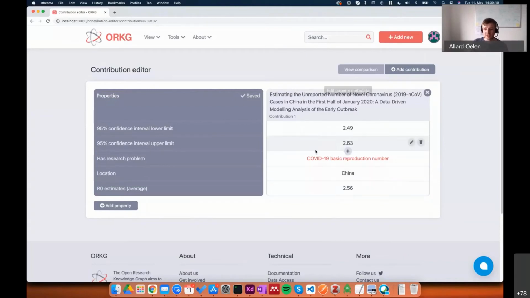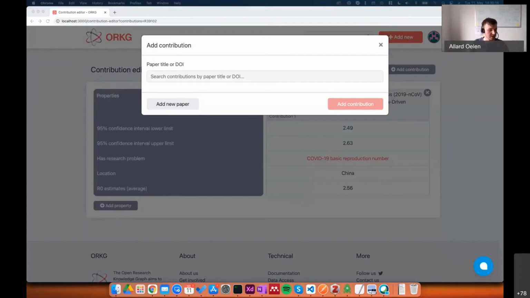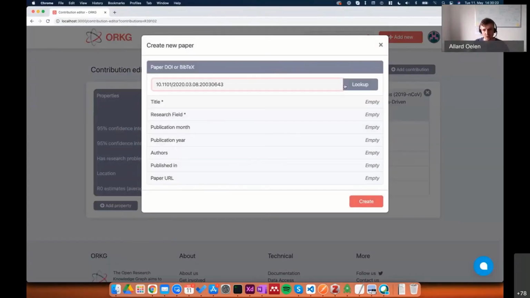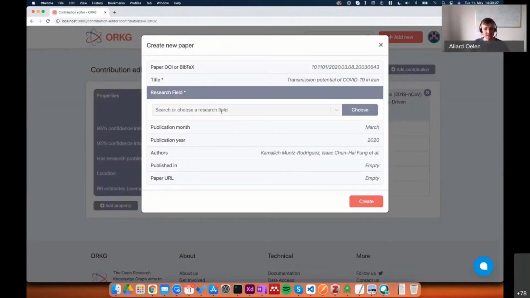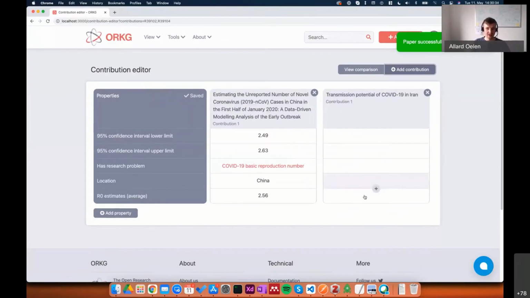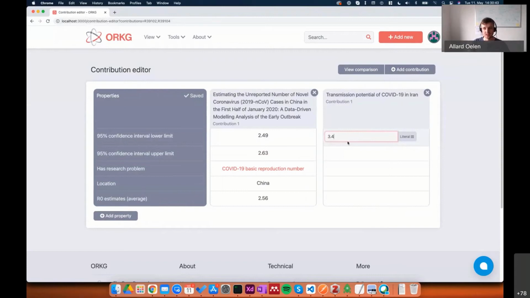And of course, it becomes interesting once we start adding more contributions here. So I will click add contribution, and now I will quickly run through the same steps I just did, but without explaining. So I will copy a different DOI here, ignore the message that it already exists, select the virology research fields, and create the paper. Now it's added here. You'll see because the properties are already added, it's a lot easier now to enter the values for this additional paper. So this is 3.4,